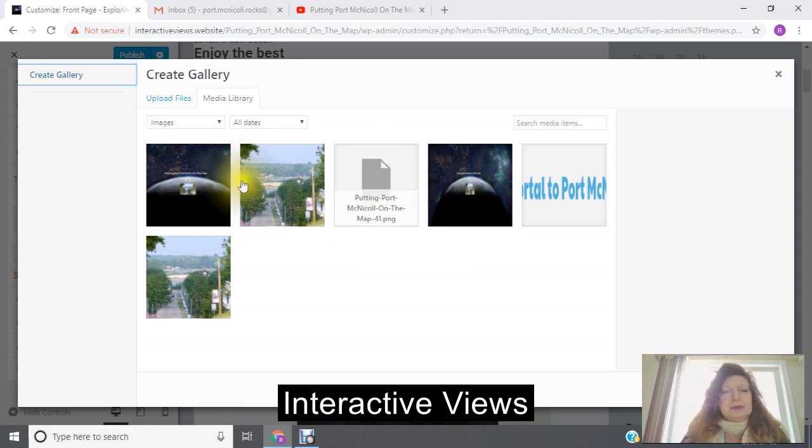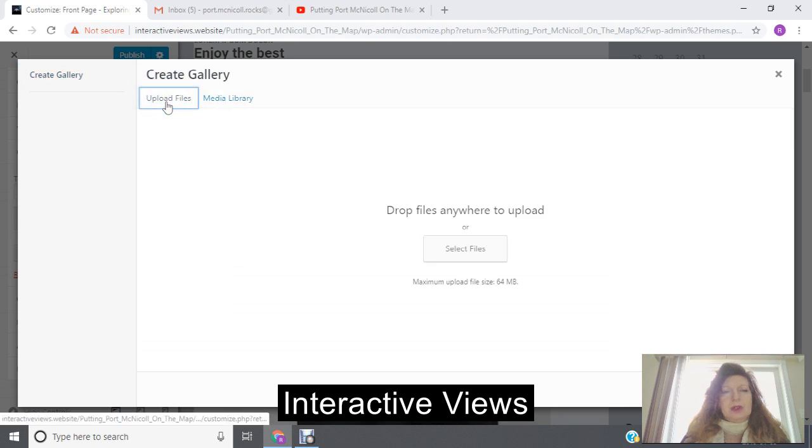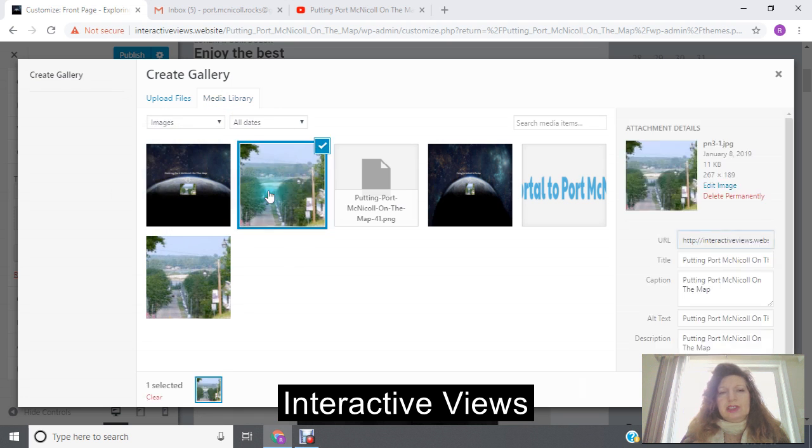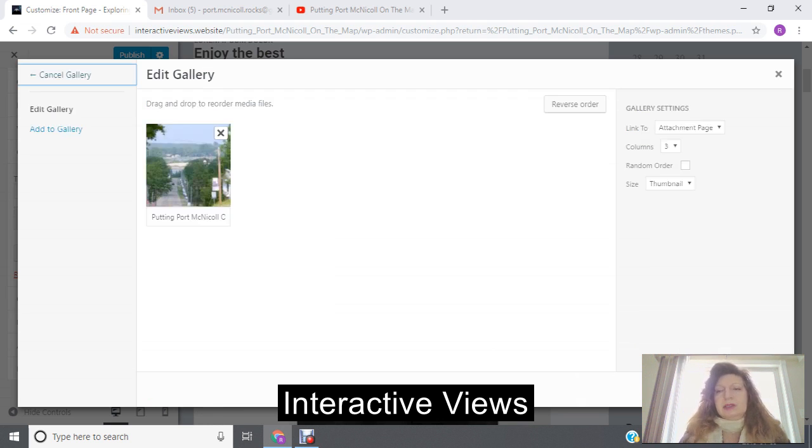I'm going to upload an image. Actually, I'm going to use an image from here, which is this image here. I have to get some more images that I'm going to use. Okay. And this is going to be my first,